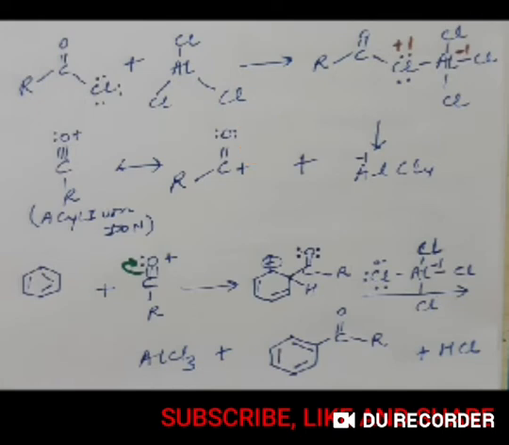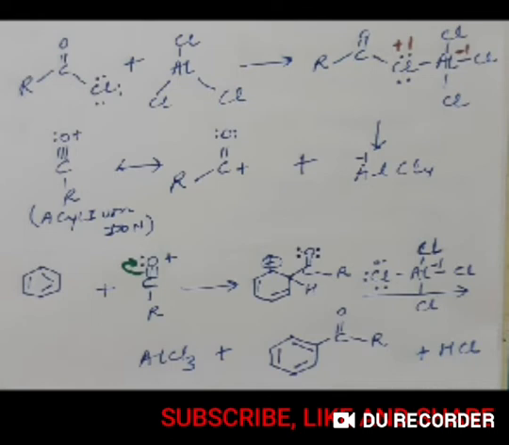See, in the next step, there will be a formation of a carbocation. This carbocation formation can take place since the oxygen will pull the electron towards itself, and carbon will get a positive charge as the electron density decreases on the carbon atom. Then this carbocation through the carbon atom will attack the aromatic ring.